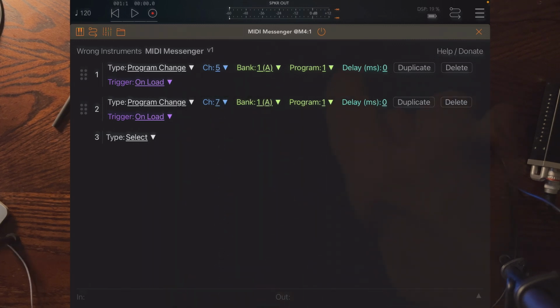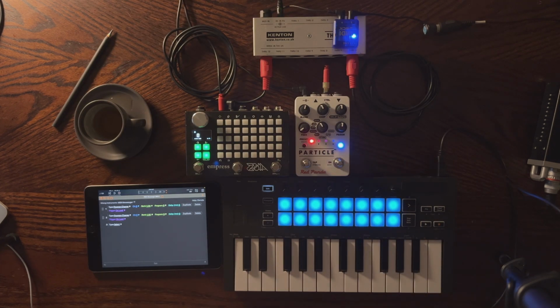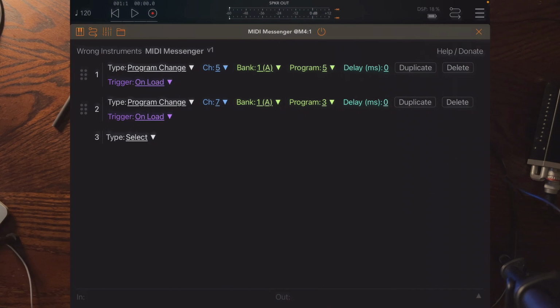So let's say we want to load program number 5 on ZOIA and program number 3 on Particle, which will be this LAD 3 on Particle. They both have just one bank, so they ignored bank information. And as you can see on this second line of each message, we have this trigger option, which is on load now. It means that whenever this instance of MIDI Messenger will be